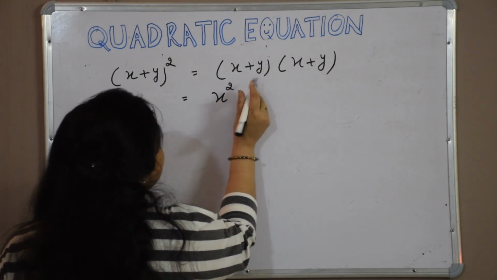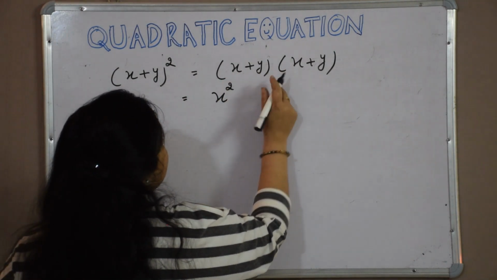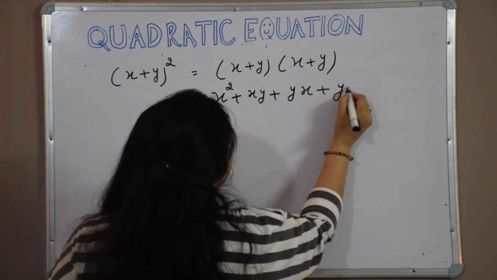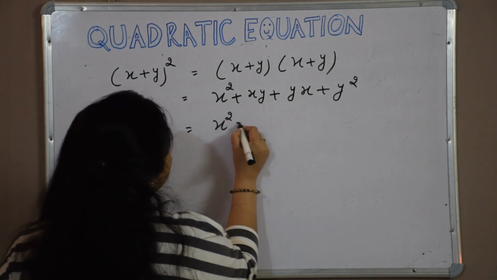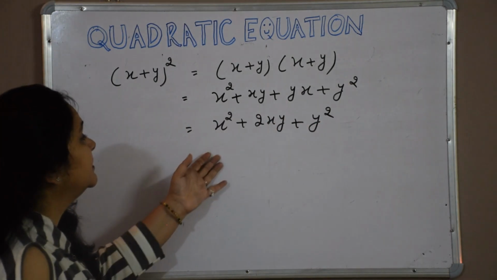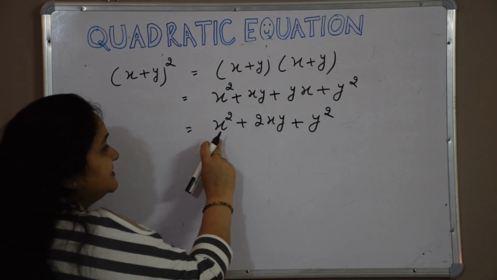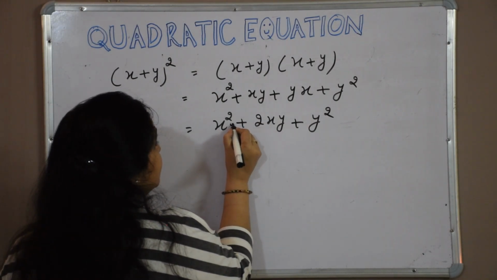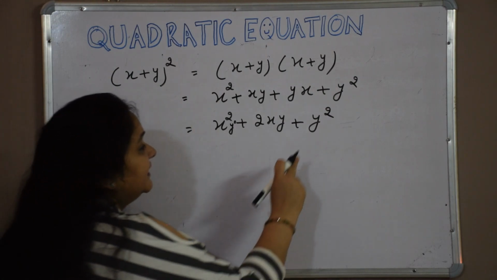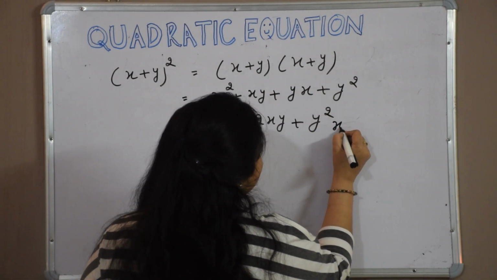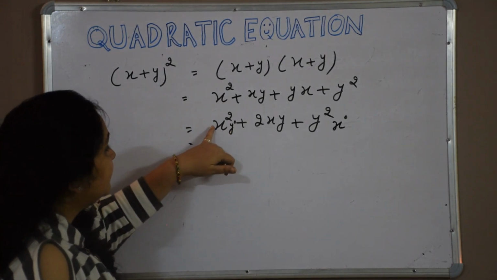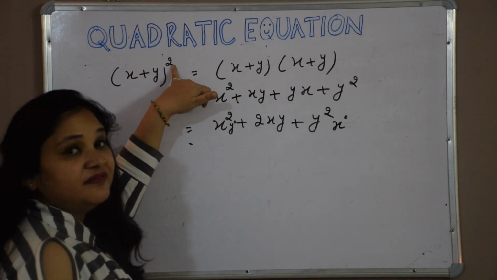So it becomes x square multiply. First term x square plus xy plus yx plus y square. So it becomes x square plus 2xy plus y square. So x square plus 2xy plus y square. See, there is a symmetry. Here there is no term of y, so we can think it like y raised to power 0, because we know that y raised to power 0 is 1, and here no term of x is there, so we can write it like x raised to power 0. So y raised to power 0, 1. See, here power is 2 because x plus y whole square we are talking here.